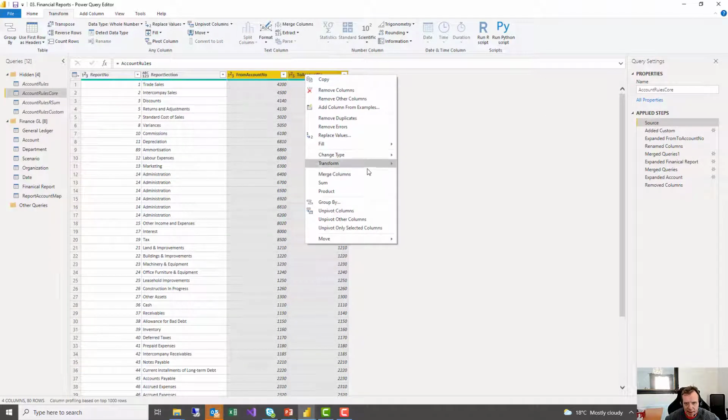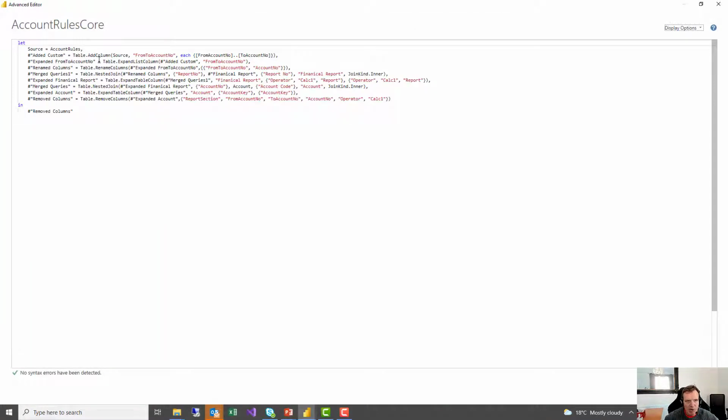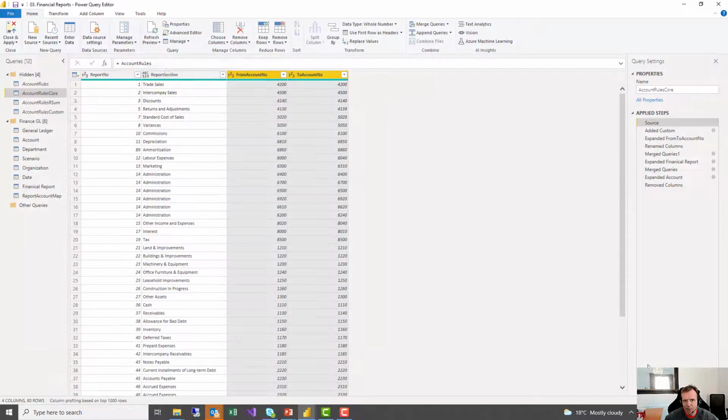If I right click, is there expand? No, so I think that's one of the cases where you literally have to type M code, because there is no expand option in there. But that's fine, I've got the sample code there, and you have to get your hands a little bit dirty. So once you get the hang of that expand,